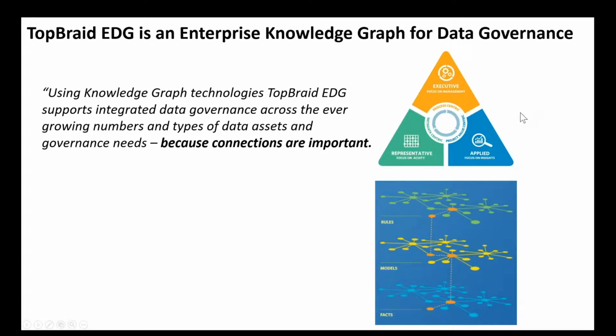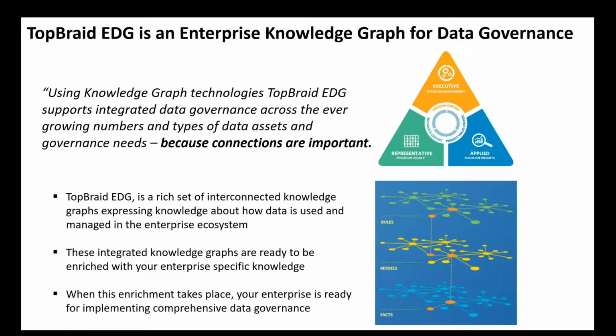So EDG was designed to support data governance. It can represent metadata and data, models that give meaning to the data, and rules and other semantic layers or aspects as needed. And these are all connectable. EDG can be viewed as a large collection of modular graphs for specific purposes, for example, particular ontologies or taxonomies, or it can be seen as coalesced into a single data governance knowledge graph. That's really the power of this technology.